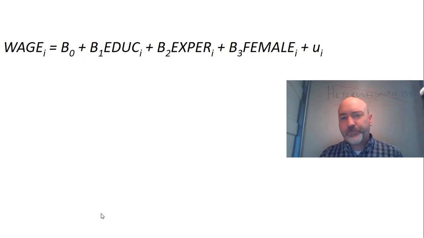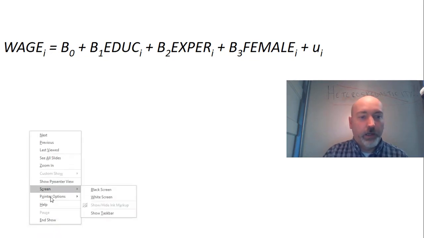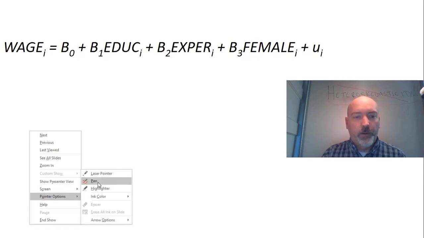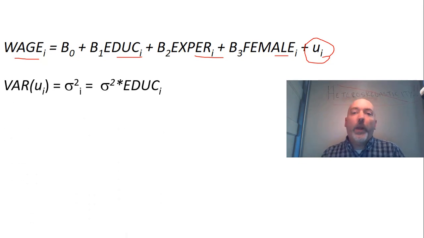If this is our original model, with wage as a function of education, experience, female, and there's the problem, our error term, which is heteroskedastic. Well, what this weighted least squares approach is going to require is a known functional form for that heteroskedasticity, right? So it's not just enough to say that the variance of u_i is equal to sigma squared_i,